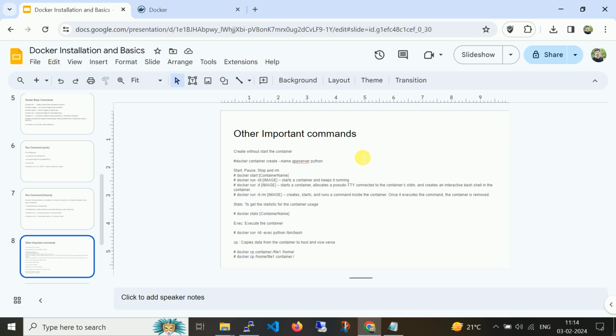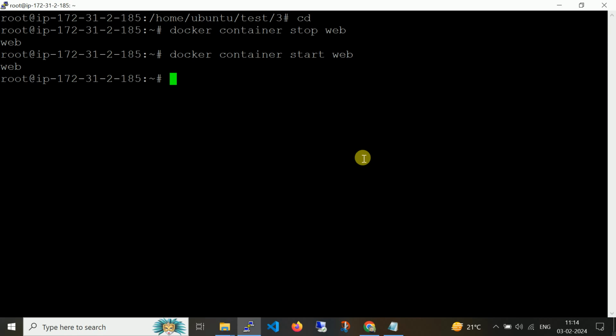If you want to run the container ID and navigate to bin bash, we can use the command docker exec, execute, -it interactive mode, the name of the container and bin bash. I just want to enter into the container and get the console for the bash shell.